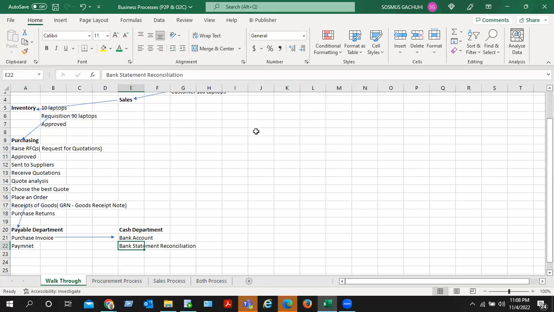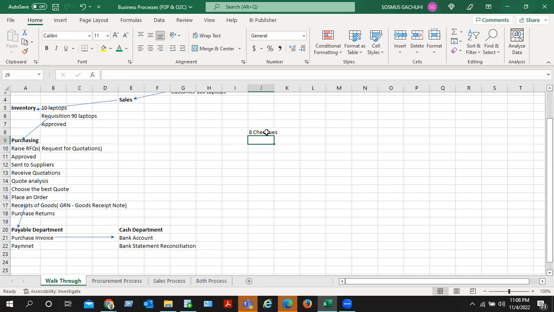Perhaps you were doing 5 or maybe 8 invoices, and due to the nature of transactions, the suppliers to whom you have issued these 8 checks,